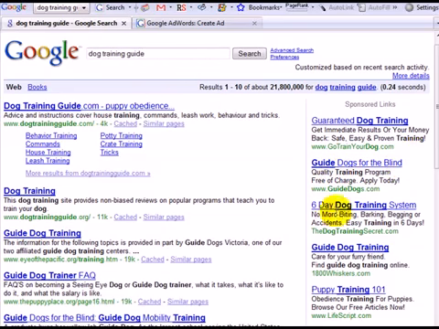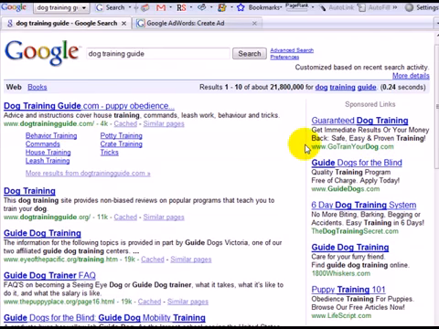Skipping down here. A 6-day dog training system. No more biting, barking, begging, or accidents. Okay, that's pretty cool. They kind of cover the spectrum, because if you have a dog and they're not listening, you may have a problem with biting and barking and begging and accidents, and there again, they reiterate easy training in 6 days.